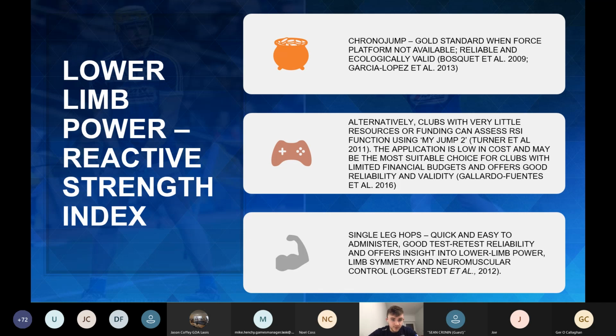Then lastly, if you don't want to spend the €15, single leg hops are a good alternative. They're obviously the cheap and free version of our reactive strength profiling. They're something I've used as well. They're very handy. They're quick and easy to administer. They've good retest reliability, and they offer an insight into lower limb power, limb symmetry, and neuromuscular control. As I've been saying, our game is played on one leg. It's fine being strong on two, but can we control ourselves on one? And